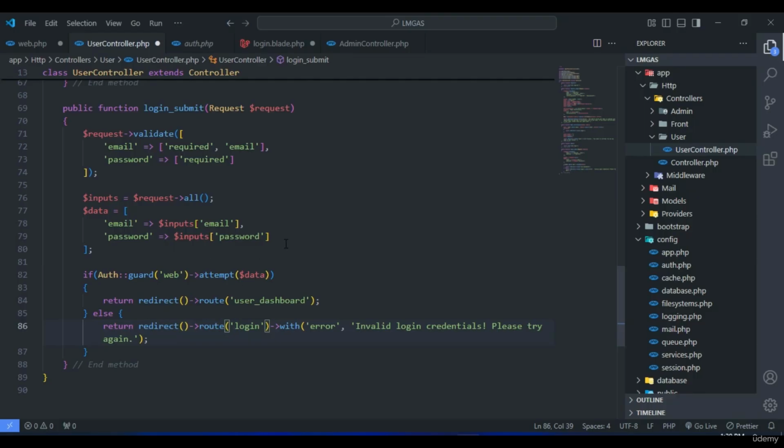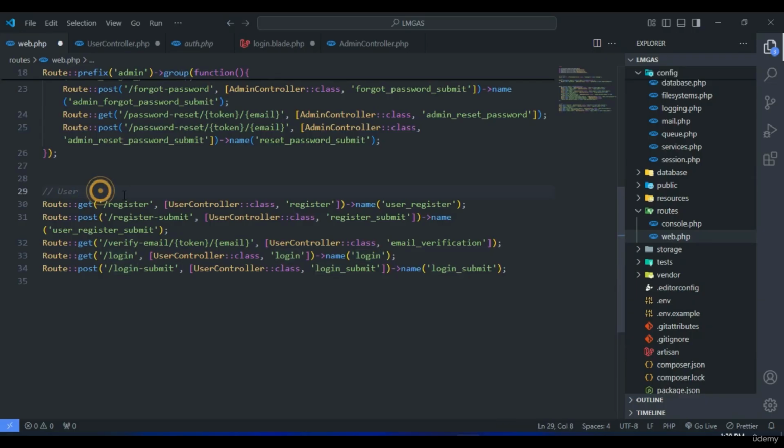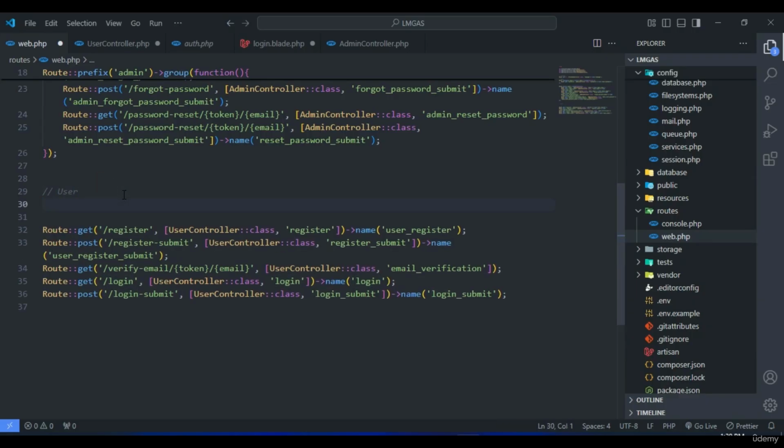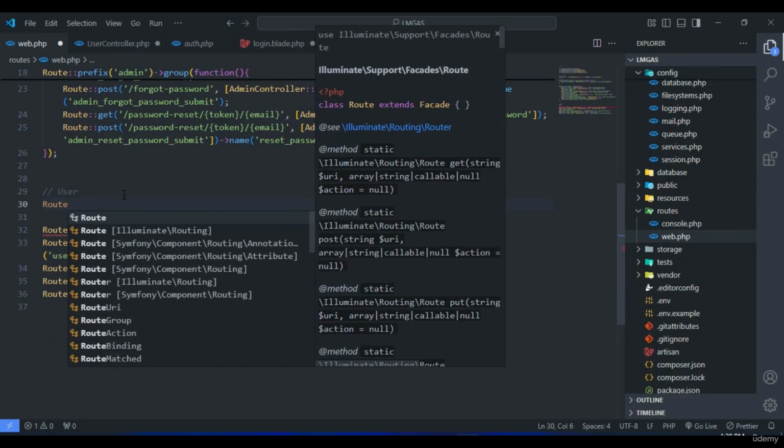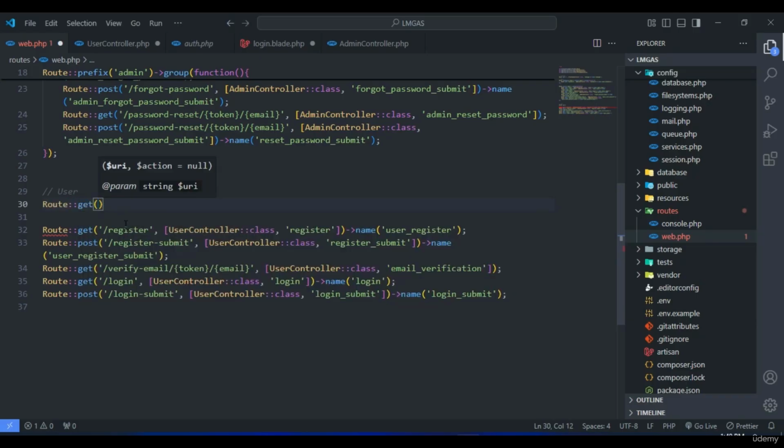Now, first of all, before we go ahead and give it a try, let's go ahead and create our demo user dashboard. So let's go ahead and create the route. Let's copy this, and let's come over here to our web.php file, and right above everything, I'm going to say we have a route. Get type of route, and the route is going to be /dashboard, and we're going to call our user controller